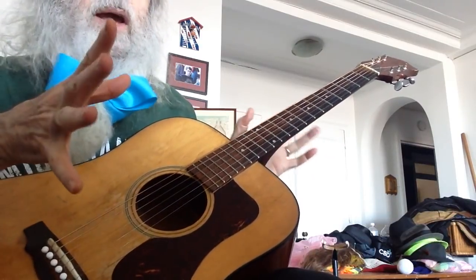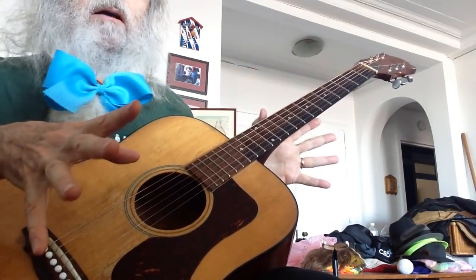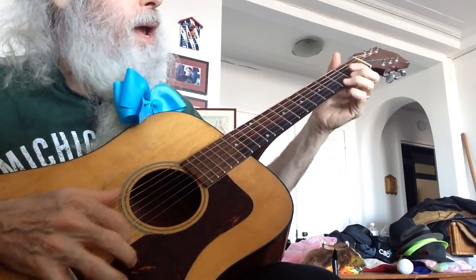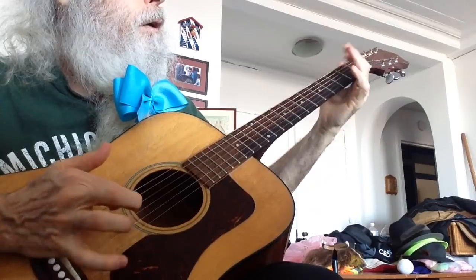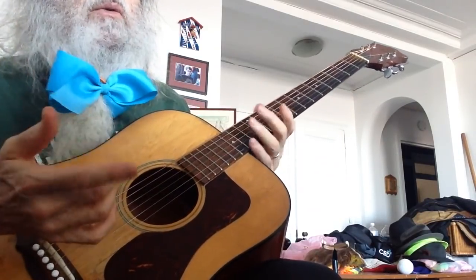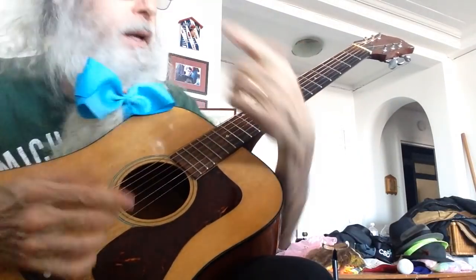What we're doing is playing the blues scale in the key of A, but instead of having the nut here and playing it like this, we have to do it with the nut becoming this finger, the index finger. So,